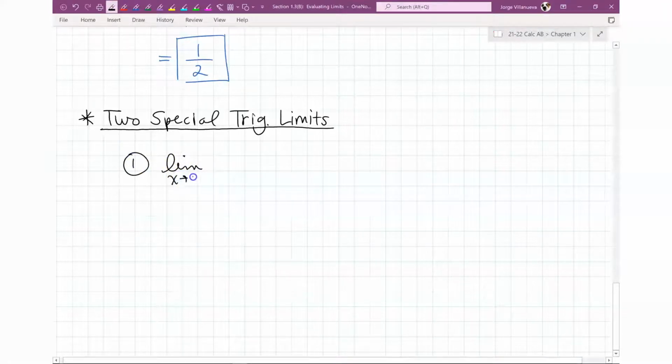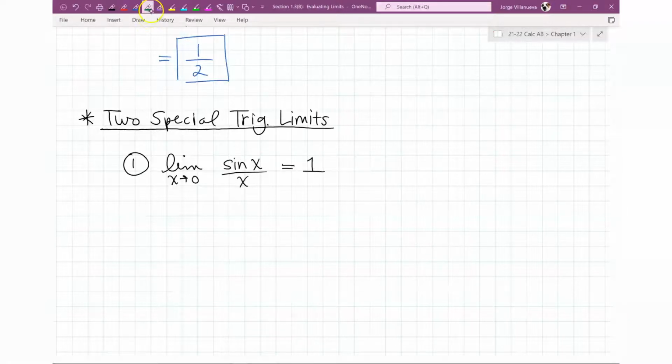The limit as x approaches 0, now the easier one I'm going to write first, sine of x over x is equal to 1. Now, it doesn't just have to be x. It could be sine of 2x over 2x, sine of 3t over 3t, sine of theta over theta, as long as the angle and the denominator match. Okay? So it could be sine of 12x over 12x. As long as you get that, then it equals 1. Now, you can manipulate stuff for it. Okay? For example, if you had this,